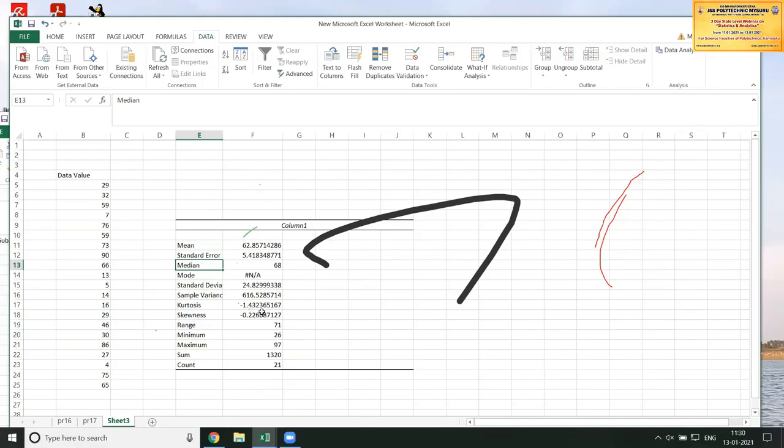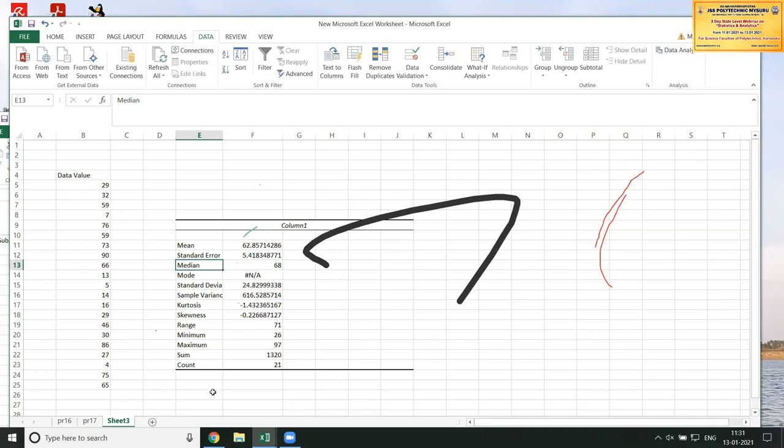If it is positive, or if the values are almost all the same curve, then we can say that it is symmetric. Since it is negative, the graph that is going to be generated from here is negatively skewed. Range is also calculated, along with minimum, maximum, the sum of the complete values, and the count is also displayed here. So 21 values are available here.